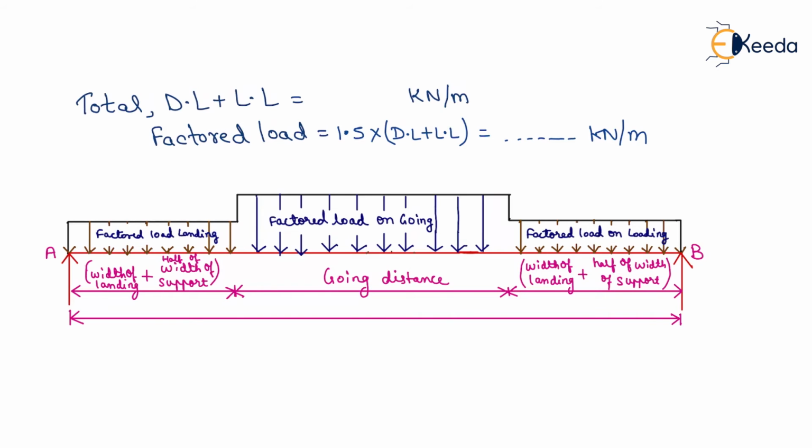Factored load will be 1.5 into dead load plus live load. We will get this value in kilonewton per meter. This is the beam I had shown in this figure. You all had to calculate this dead load, live load and factored load, and we have to mark this factored load on going and factored load on landing, and we will calculate this length, this distance,